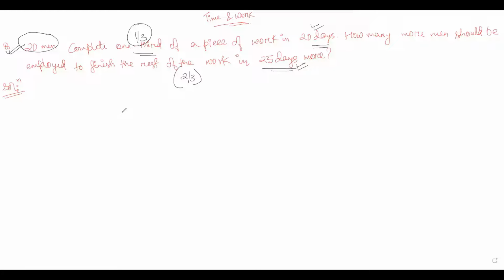If we simply apply the concept that we have learned in the last video, we can say that the number of men initially was 20. The work that has to be completed is 1/3, and the number of days required is simply 20. Now, some more men have been employed. Let us assume that the total number of men is now, say, X. So these X men would be completing the remaining work, that is 2/3 of the work, in another 25 days. So we can simply write X would be equal to 20 times of